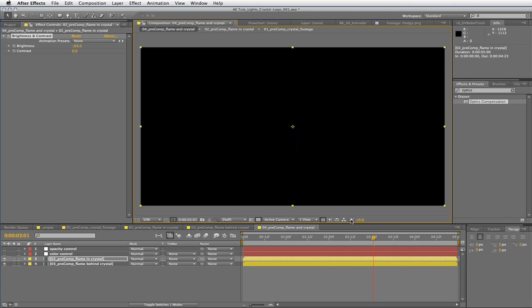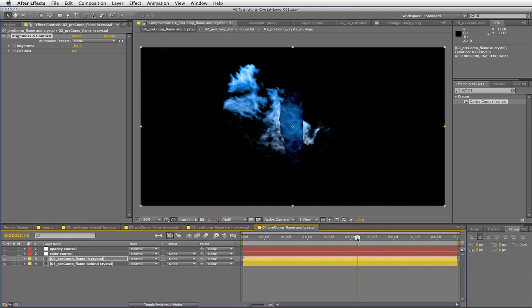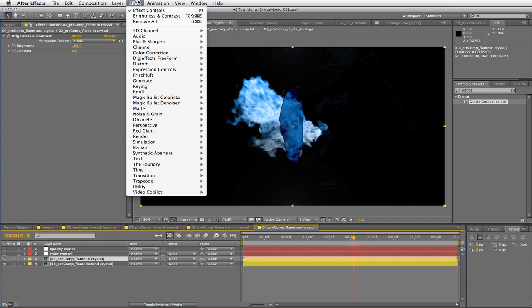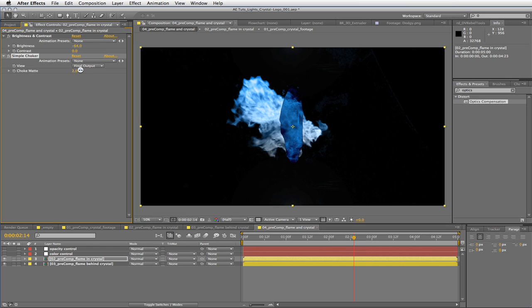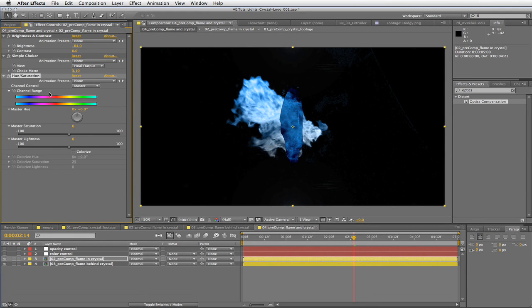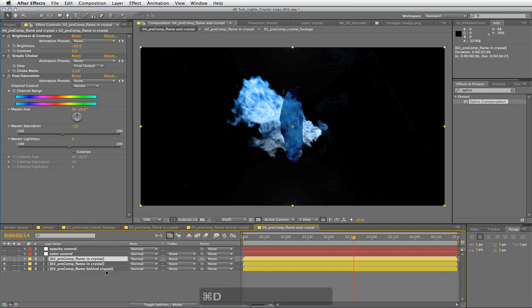Click once on reset exposure. That looks better. And you can really see this outline we've got here. So let's select effect, matte, simple choker, bring that in a little, and I'm going to reduce the saturation just a tad, 13. Now let's add some glows, but rather than using the glow filter, we're going to duplicate